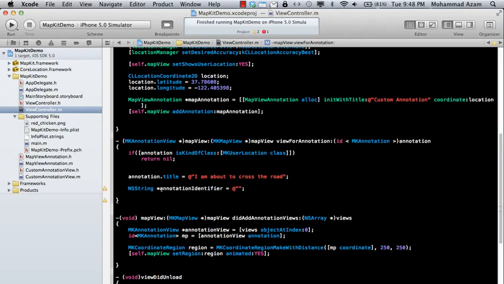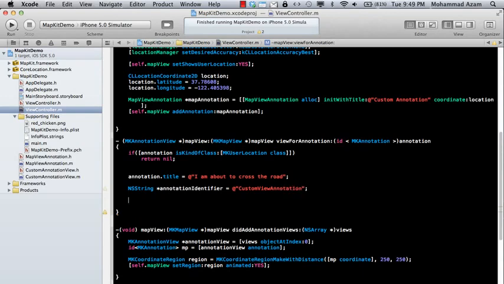That has already been created, so it won't create the annotation again and again. So the identifier is customViewAnnotation, and we have already created a custom view, and we are just going to say customAnnotationView equal to